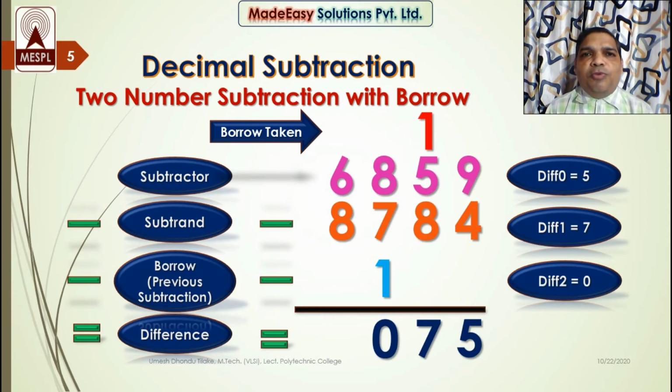So what do we normally do? What we have learned in our childhood is that in such a case we reverse the subtractor and subtrahend, and whatever result we get, we call it a negative result. This negative sign indicates the reverse operation. That means actually the subtractor is subtracted from the subtrahend, and that's why we call it a negative result.